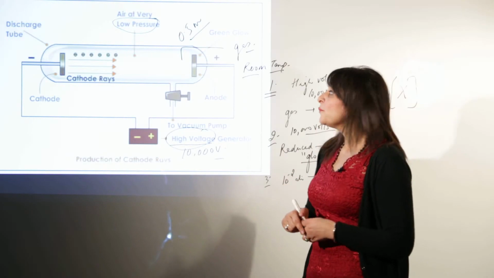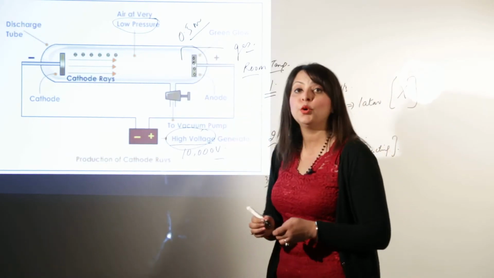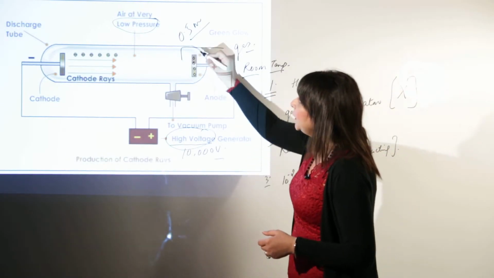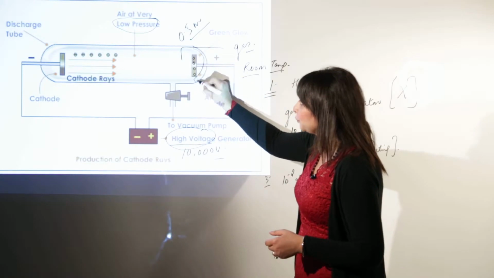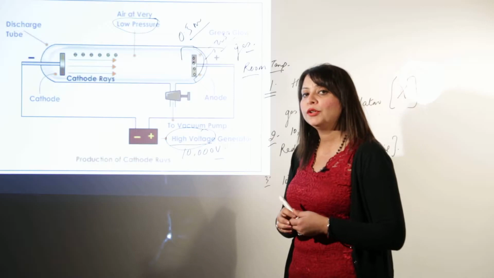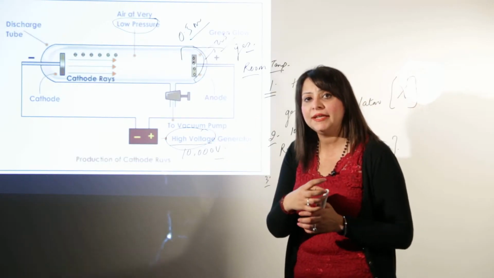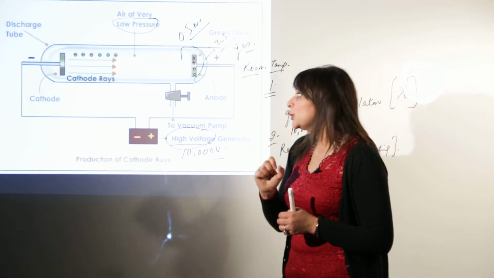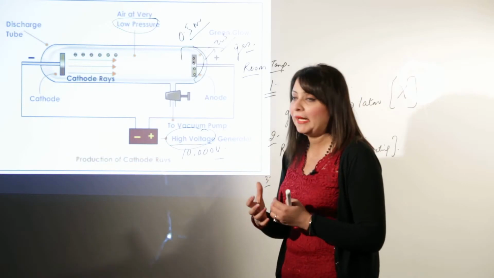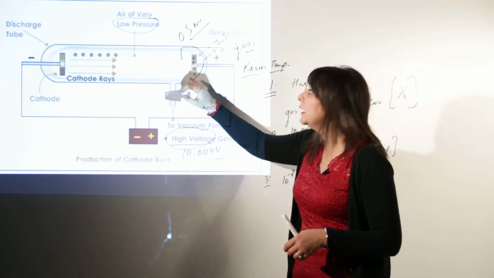He made the anode perforated. Perforated means there are holes in the anode, and he covered the back side of the anode with a fluorescent material, that is a zinc sulfide screen. As you all know, a fluorescent screen is such that when any beam of particles strikes it, it will produce a colorful pattern. So just for the confirmation, he made the anode perforated, and